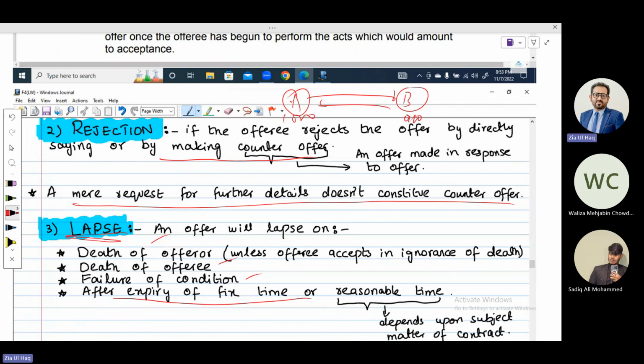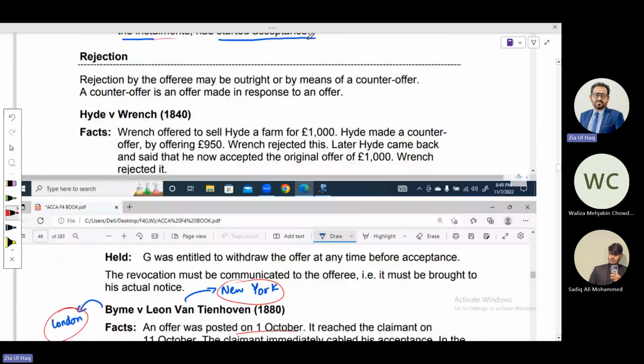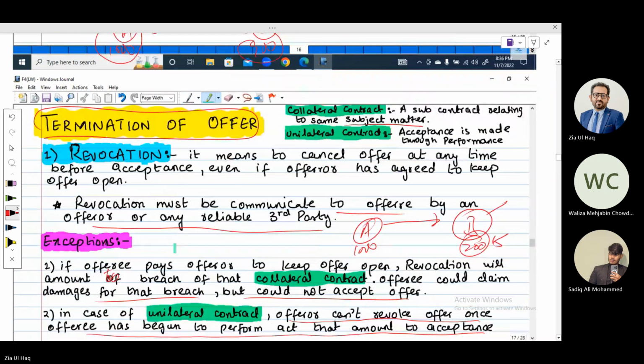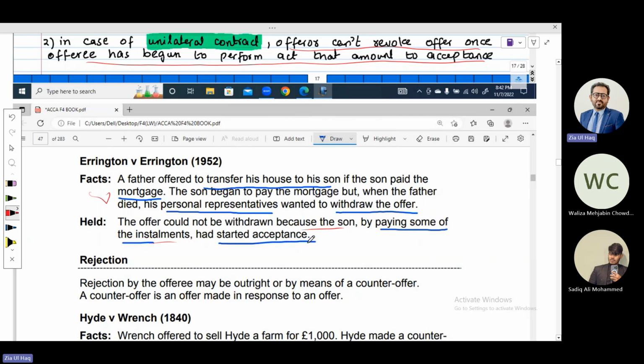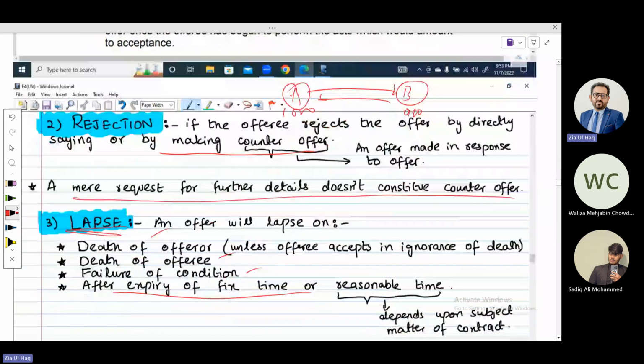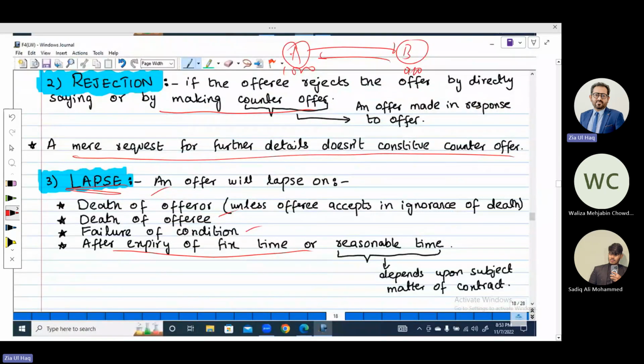Reasonable time means a time in which the offer must be accepted, a time in which that transaction must be made. So an offer can be terminated with the revocation by the offerer, but it must be communicated to the offeree either by the offerer or a third party. An offer can be terminated with the rejection by the offeree or through counter offer. An offer can be terminated through lapse, and an offer will lapse on the death of the offerer